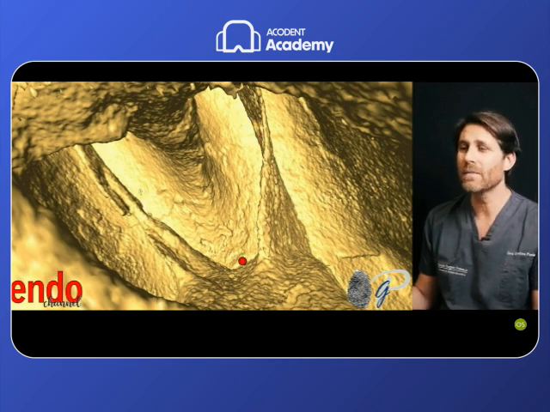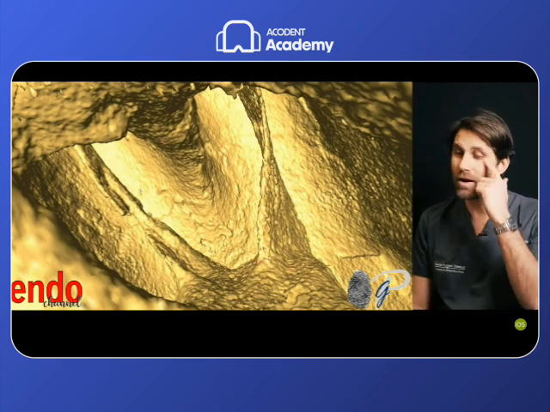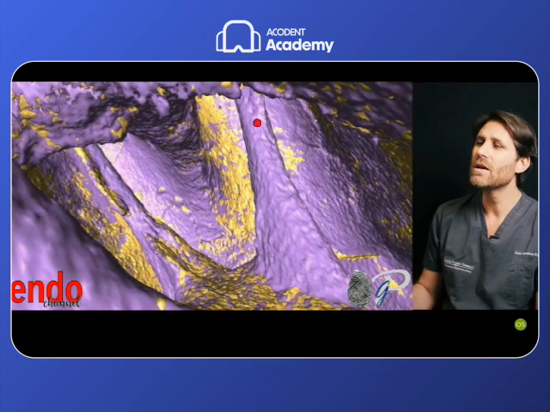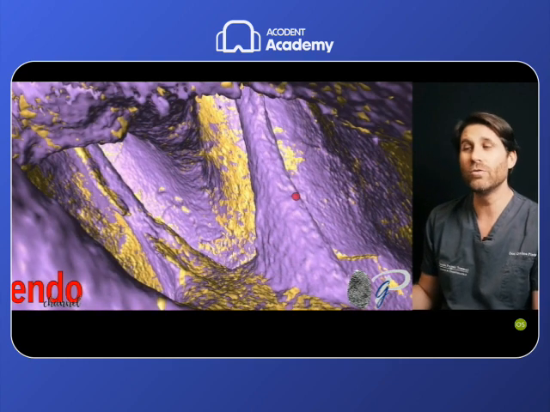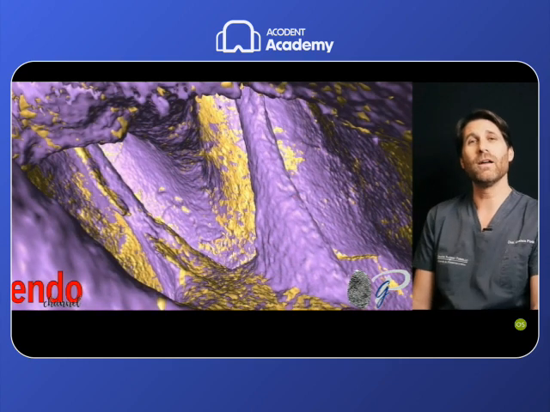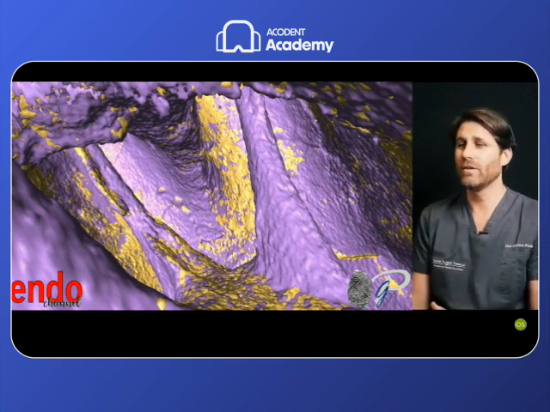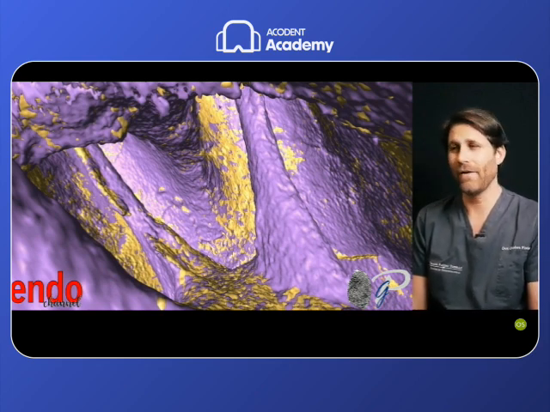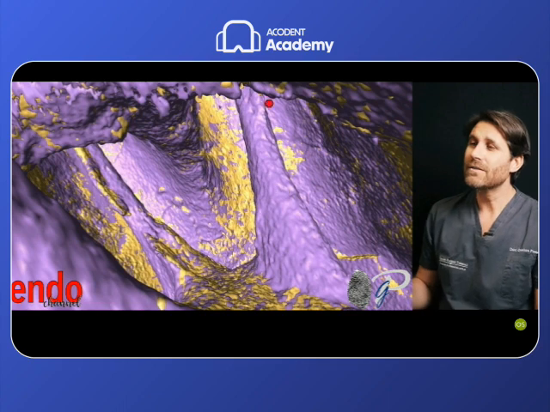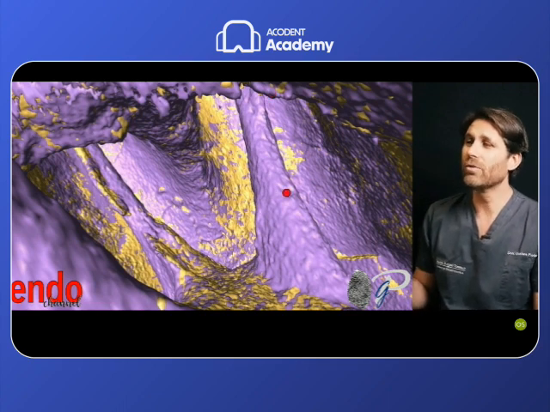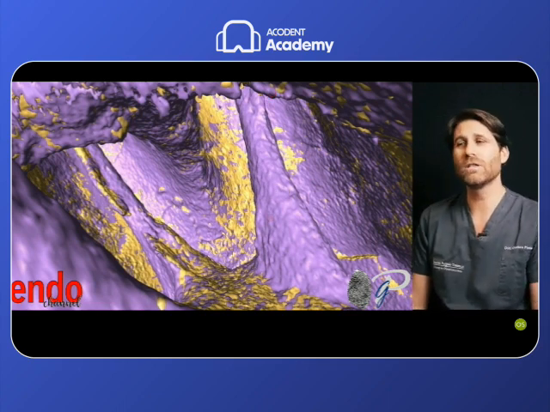But as soon as I find the orifice invitation here, I stop using my ultrasonic tips to try to be as conservative as possible towards this part of the root that is very important for the long-term resistance of the teeth, as we have seen in the access cavity lesson. So the strategy is to go deeper with the ultrasonics. I don't like it very much because it's more aggressive.